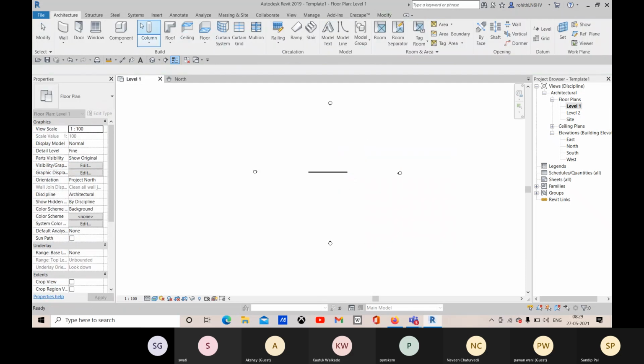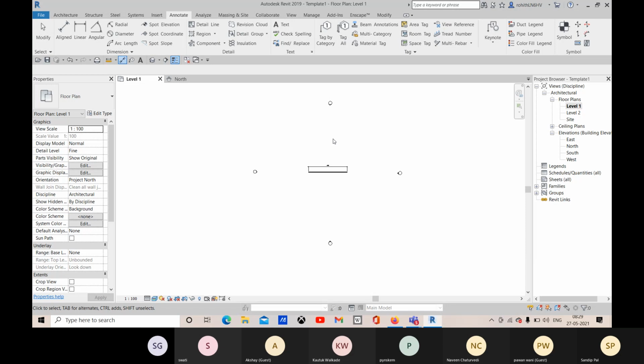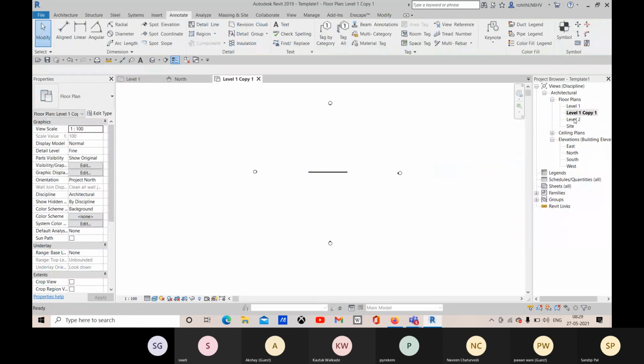and let me go with annotation. I can go to Annotate here and I have this aligned. So from this to this, let me place one annotation, escape twice. And if I go with the duplicate, here you see that level 1 copy 1 is there, but here I don't have that annotation, right?